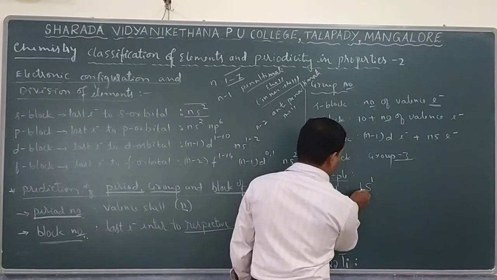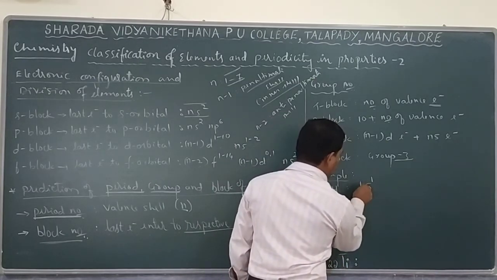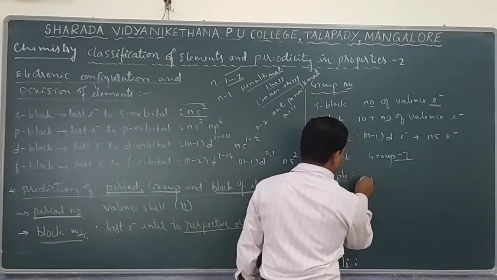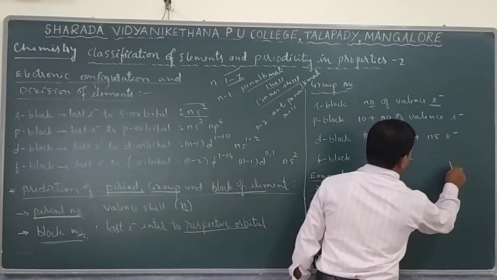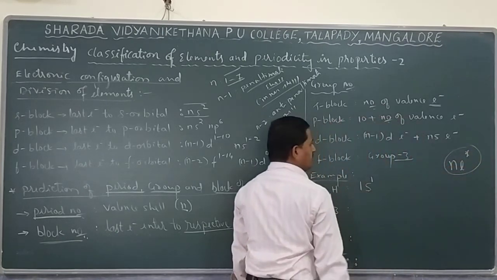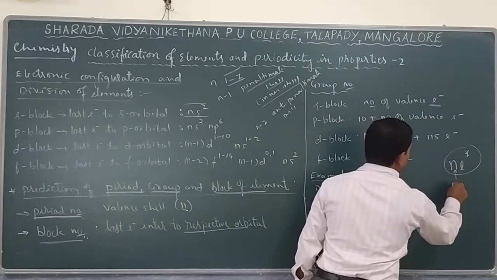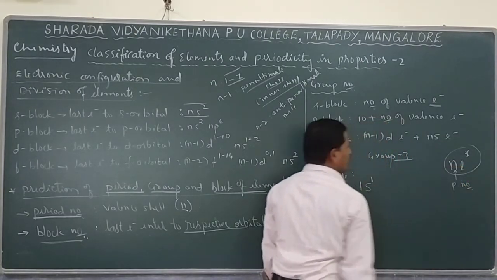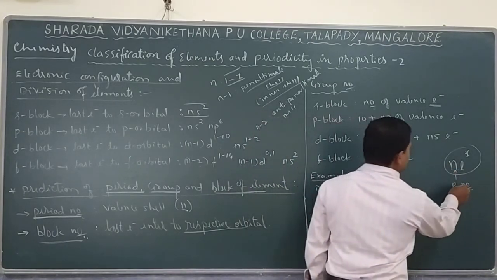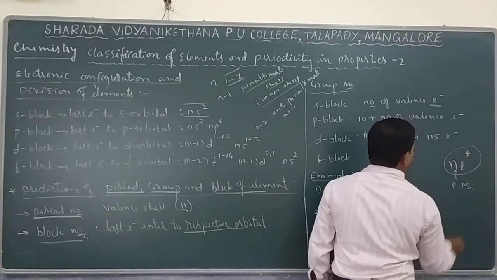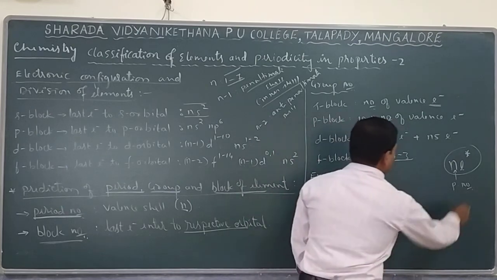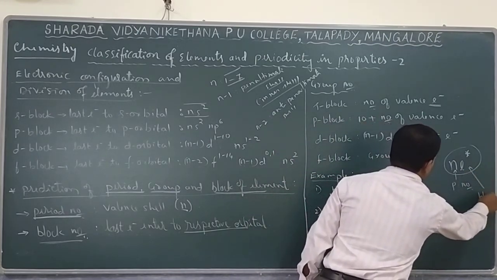So look at that, this 1 indicates the n value, and s indicates the orbital here. Normally an orbital is represented as n l power x. The n stands for the period number; actually it is the principal quantum number, or shell number, but here it is considered as the period number. Then x indicates the number of electrons, and l tells which orbital it occupies, or which block. So this l stands for the block.